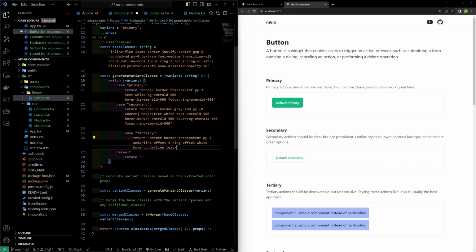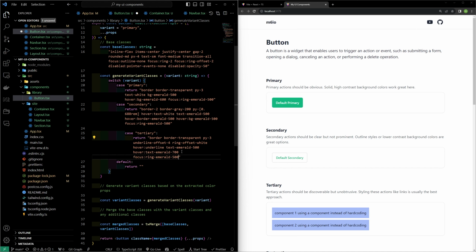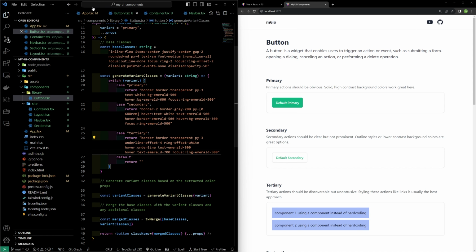The color is going to be emerald 500. And when it's hovered, the color is going to be text emerald 700. So a little bit darker. And then when it's focused on, it'll have the same ring as before. I'm just going to copy that from here. So we copy that, and we paste that, and we save, and nothing shows up because we don't actually have